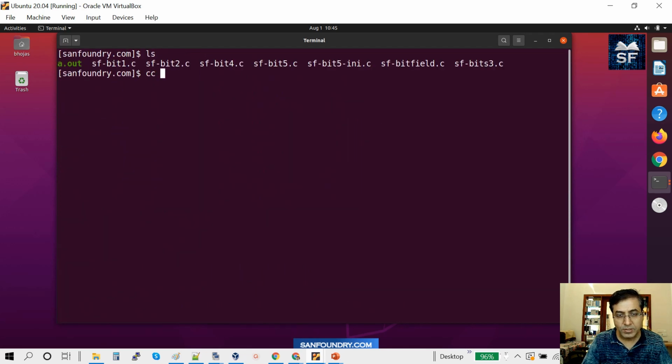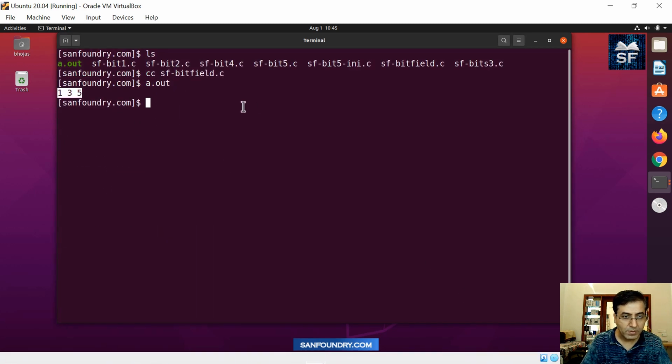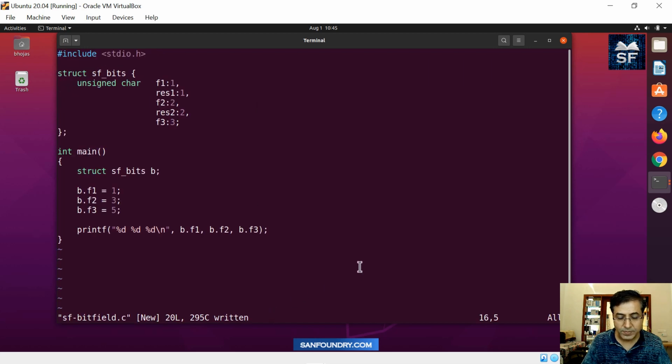So let's compile SF bitfield.c. Compilation is fine. Let's run it. The runtime output is also giving us 135. This was the 135 that we wanted, and we are getting it back here. So this is the first example, real-time code to understand how to design a bit field from a memory requirement, bring it back into the code, and make a very simple usage of it.